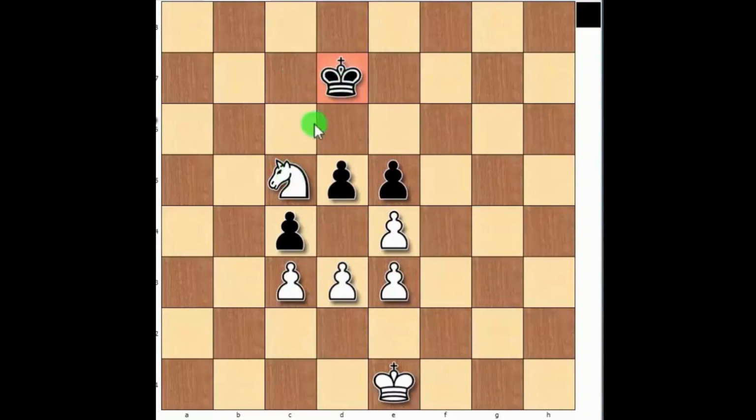It is giving check, threatening the square where the opponent's king is. I explained to you that there are 3 ways to get out of check. Capture the piece that is giving the check. Block the check with another piece. And here comes another characteristic of the knight: when the knight gives a check, you can't block the